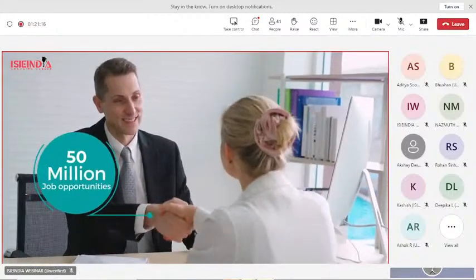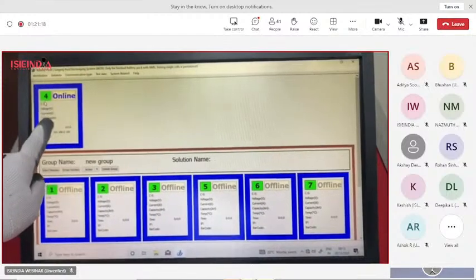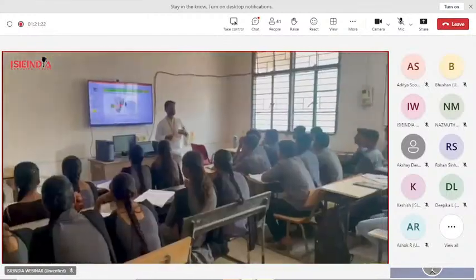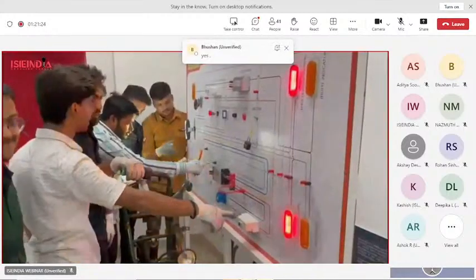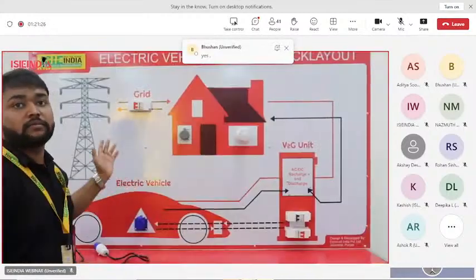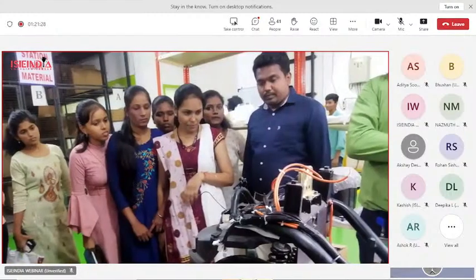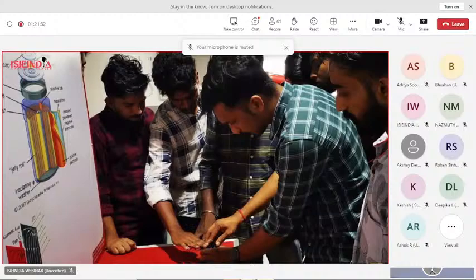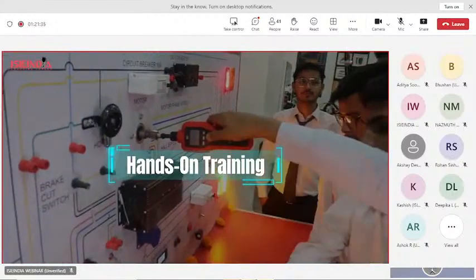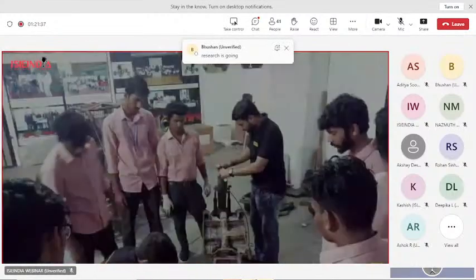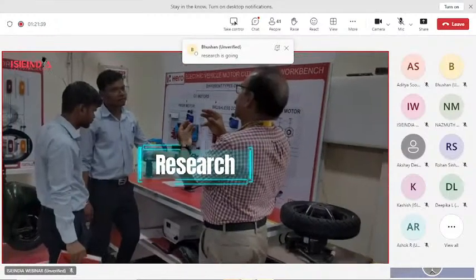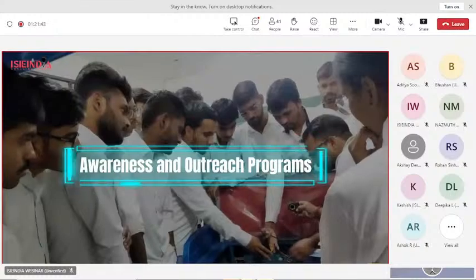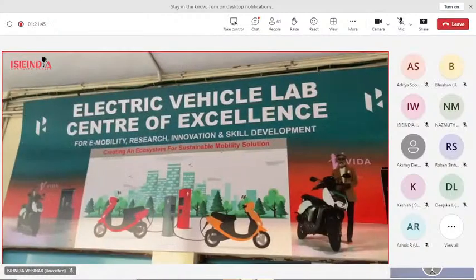which will lead to 50 million direct and indirect jobs by 2030. We are committed to sustainable mobility solutions and our industry-aligned programs cater to academia, industry, and government sectors. Our expertise in the industry has led us to design cutting-edge technological solutions for the growing electric vehicle industry. We promote project-based learning, hands-on training, skill development initiatives, vocational training, research, entrepreneurship, public-private partnerships, awareness and outreach programs. Our state-of-the-art facility, the